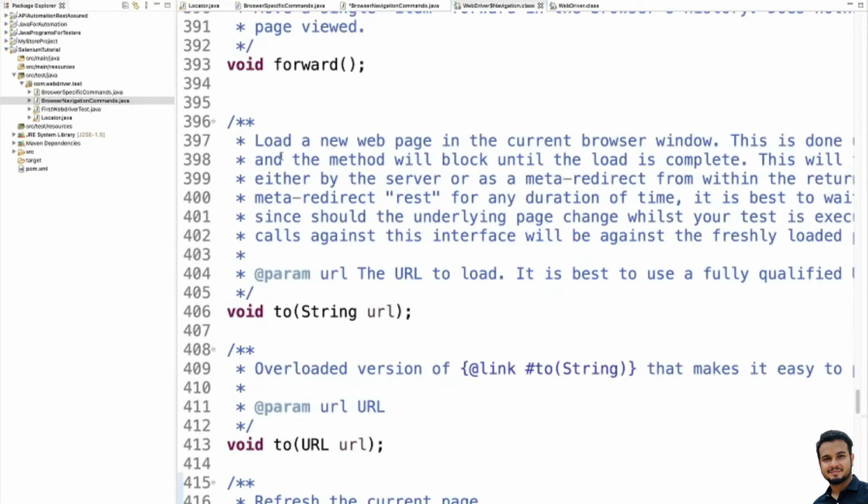To loads a new web page in the current browser window. If you want to use this navigate to method, it is mainly used to navigate to a URL, or to open a web page in the Selenium browser. So how will you do it?